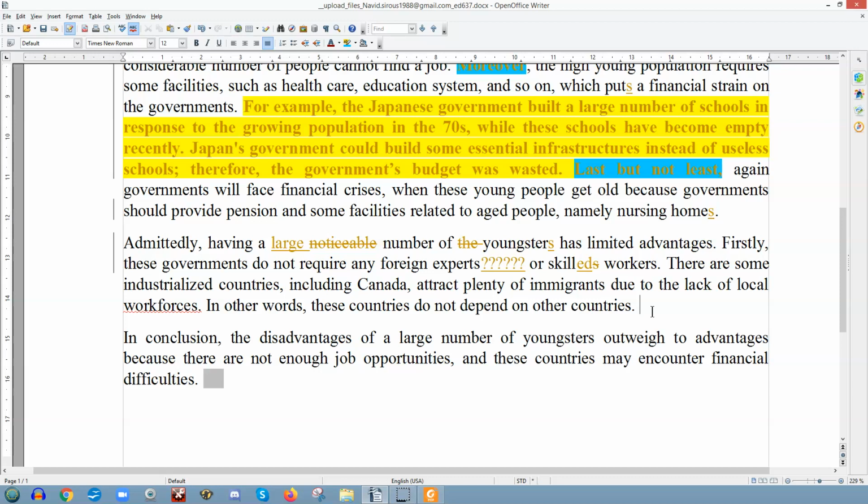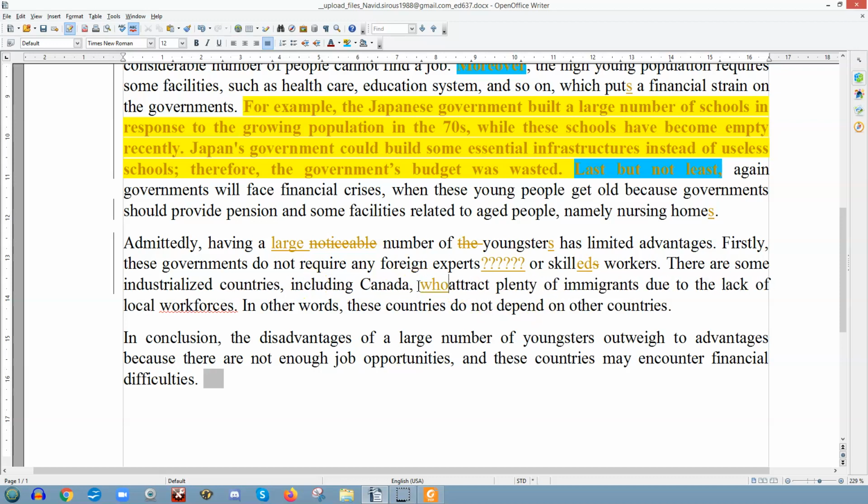foreign experts or skilled workers? "There are some industrialized countries, include in Canada, who attract plenty of immigrants due to a lack of local workforces." Well, that's not true. That's not why they go there. "In other words, these countries do not depend on other countries," which has got what to do with the topic? What's that got to do with